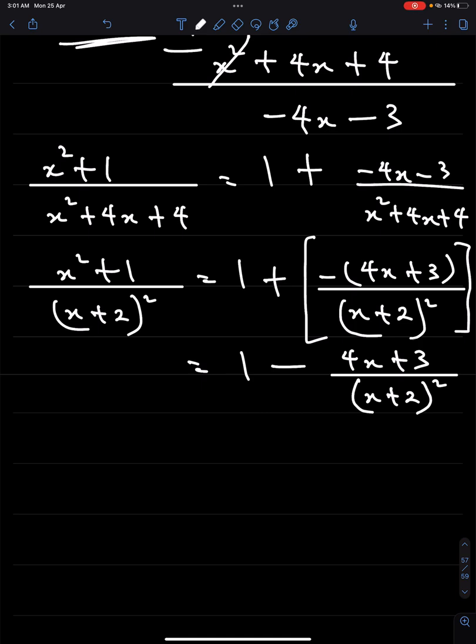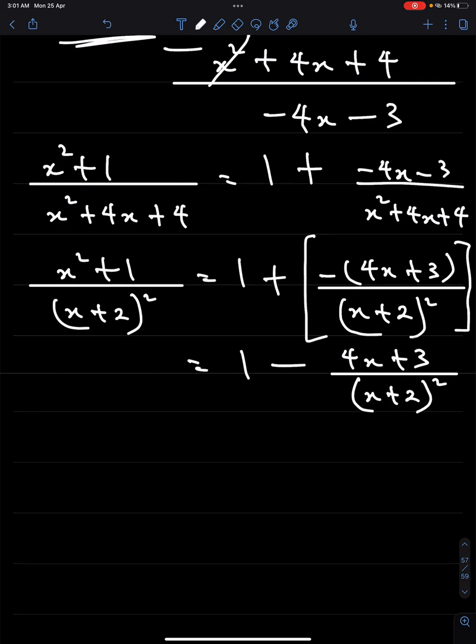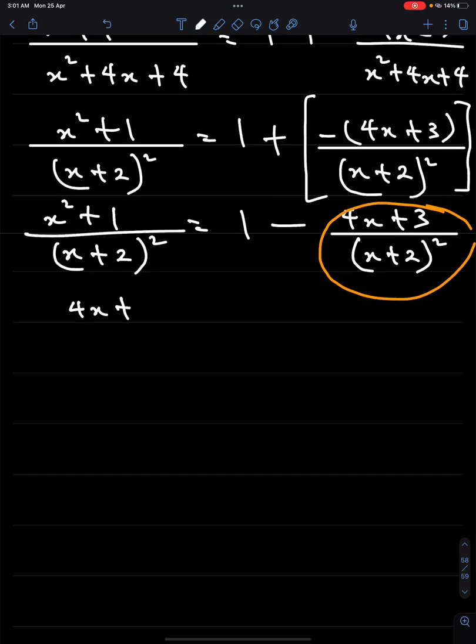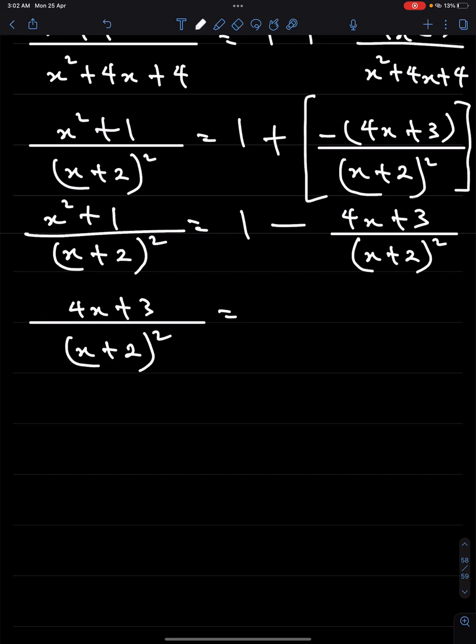So this is what I will now resolve into partial fractions. Now I want to resolve 4x plus 3 over the square of x plus 2. Let me write this here. So now I want to resolve this into partial fractions. 4x plus 3 over the square of x plus 2 will be equal to, now in this case we can see that this factor, the factor x plus 2 is linear, but